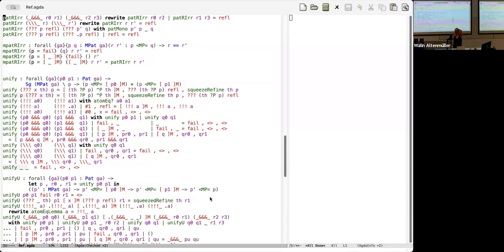Equality in terms is kind of on the nose. The way that you extend equality on terms with reduction gets you renormalization and then equality. So I've got two separate things. I need to consider how to unify two patterns, and I also need to consider how to match a pattern with a term. Beta reduction is done with the latter, but figuring out which beta redexes exist in the first place is done with unification.